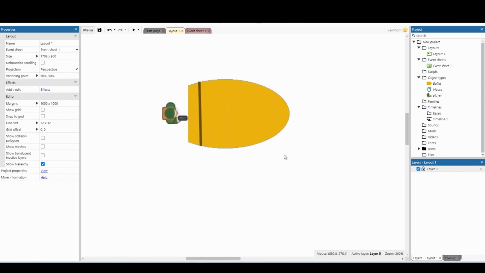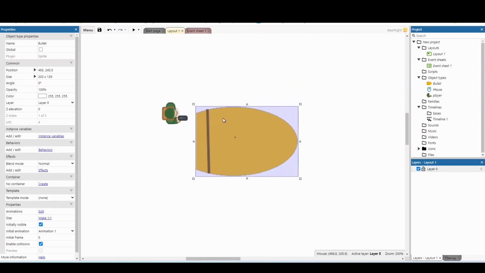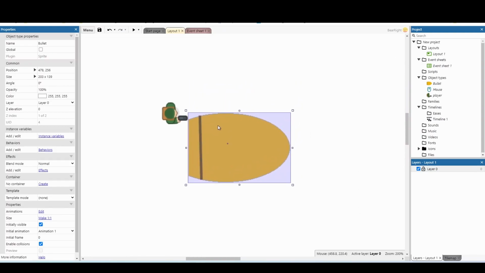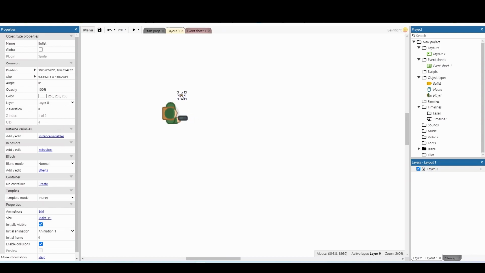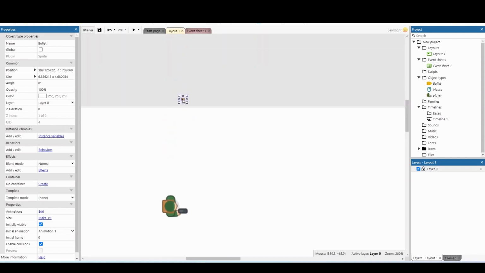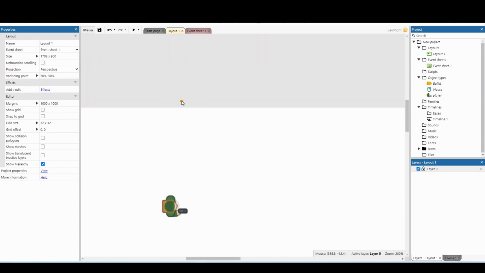You can also do this with control and the mouse wheel. I'm going to position my bullet so it's next to the gun like so, and then I'm going to hold shift and resize it until it looks like this bullet can actually fit in the gun. I think that's a really good size. Once we've done that, we're just going to move our bullet to the top of the screen, so it's actually outside of the level, but we can still see it,